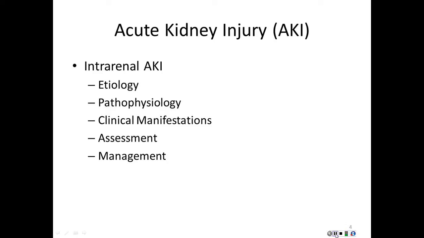Again, Table 71-5 talks to you about the different problems: acute interstitial nephritis, exposure to nephrotoxins, and Table 71-5 has a good look at some of the different nephrotoxins. Heavy metals, antibiotics, and other medications can cause some of these problems. Look at those, be familiar with some of those. Vasculitis we talked about, acute tubular necrosis, renal artery or vein stenosis, renal artery or vein thrombosis, formation of crystals or precipitates in the nephron tubules. Remember with glomerulonephritis, those immune complexes clogging those areas can lead to this intrarenal or intrinsic kidney injury.